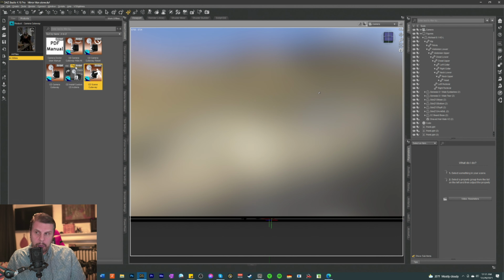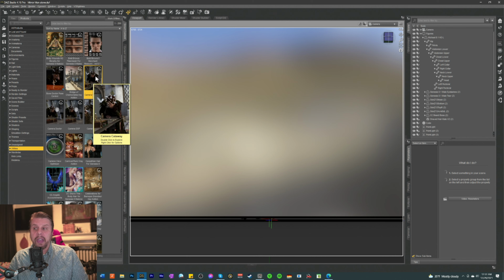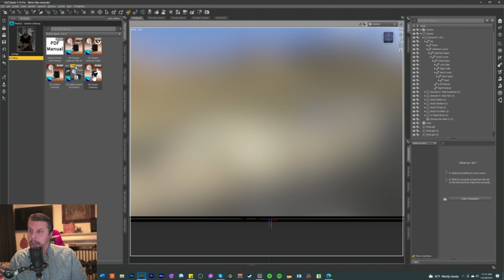And that becomes problematic if you'd like to be able to pull your camera back further from the scene and still see into the scene. And this is where the Camera Cutaway comes in. So you open this up, you click on the Camera Cutaway, because as you can see in here, I have all these scripts. I have these camera cutaways, and somewhere down there I also have the Render Doctor, which are all products from the same person, River something. They are amazing scripts. And this one is the Camera Cutaway, and we are